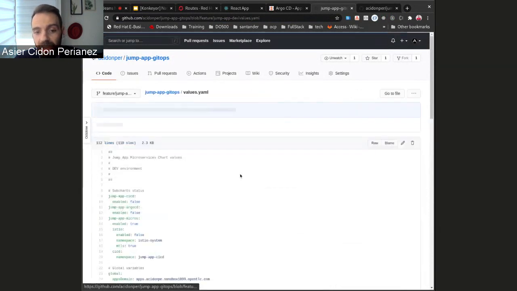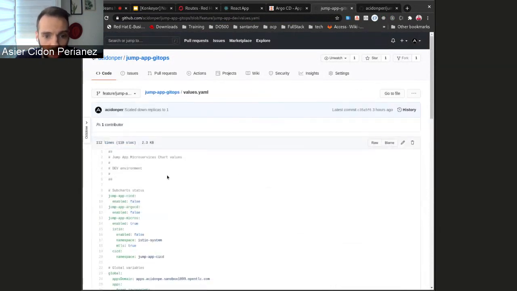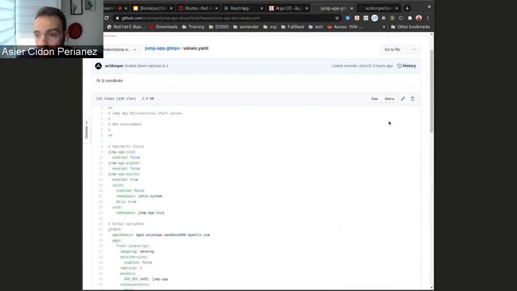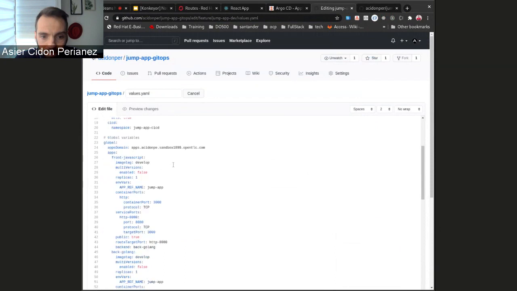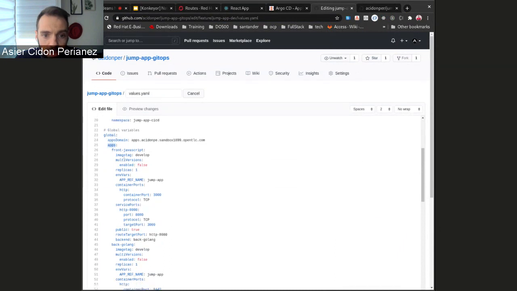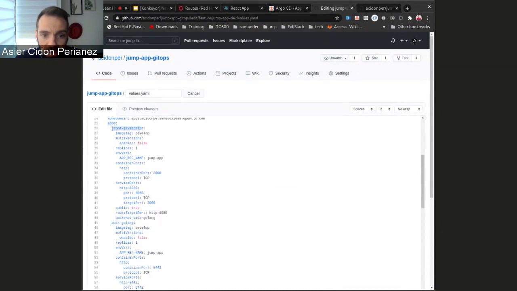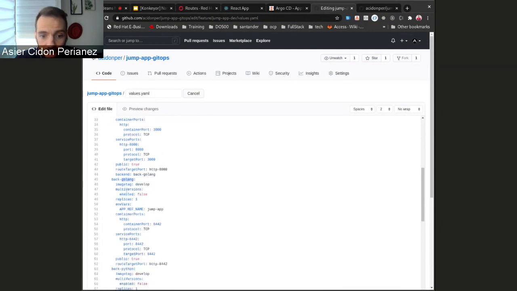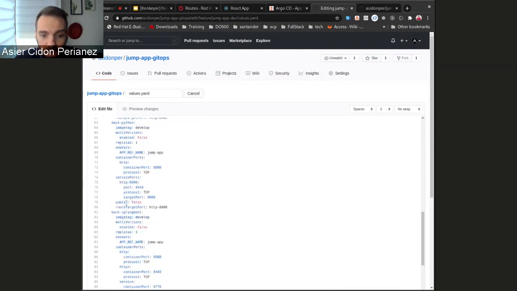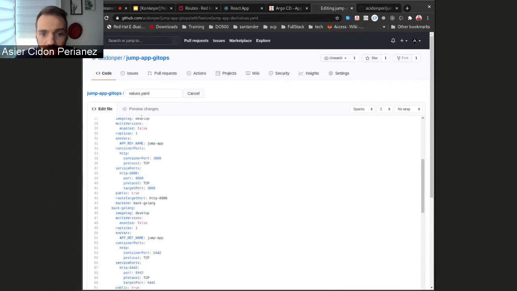This is the values file. Here we have the attributes of all microservices. Okay, here. Well, if you take a look here, we have the global variables, and here in apps we have